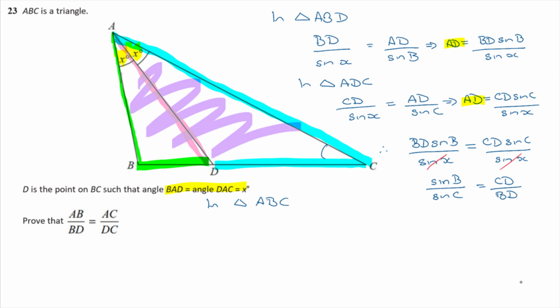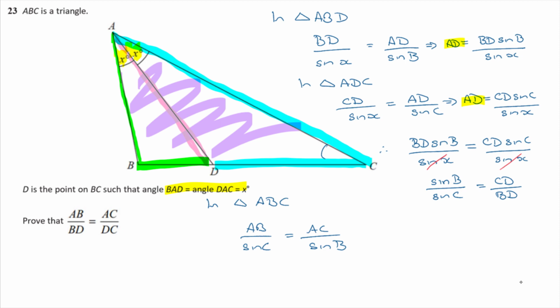I can say that AB over sine C is equal to AC over sine B. Okay, now the reason I wanted that is because I had sine B over sine C